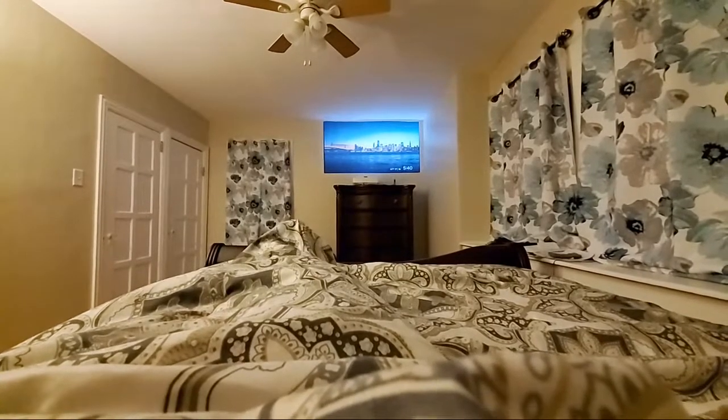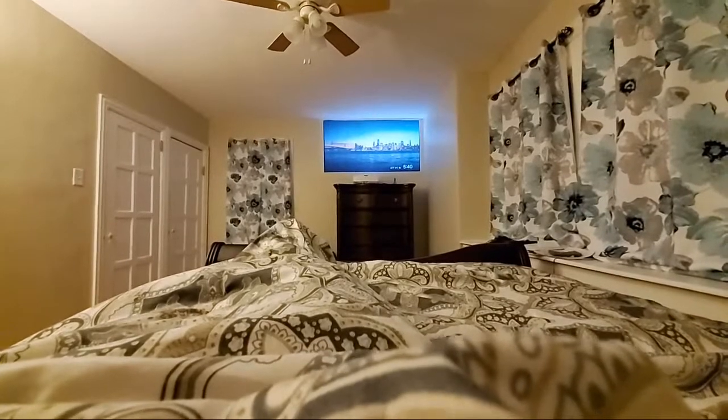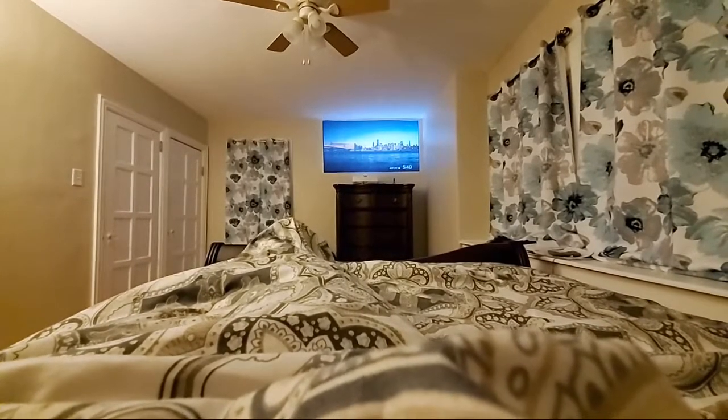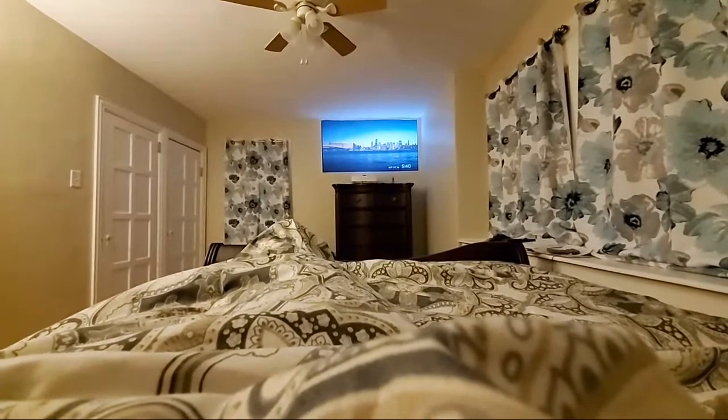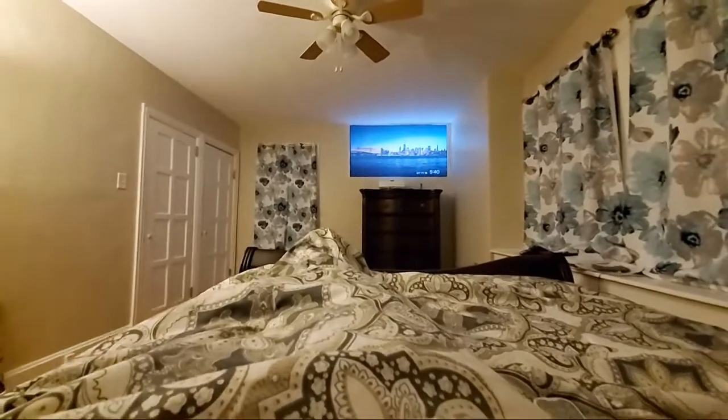So you'll get a chance to see what it is like when I walk through my house in the morning. We're talking about no ambient light controlled environments, no environment set up to make the screen look good, none of that nonsense. This is my everyday environment when I get up. And as I told you before,